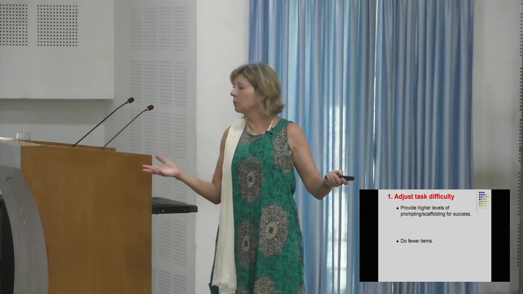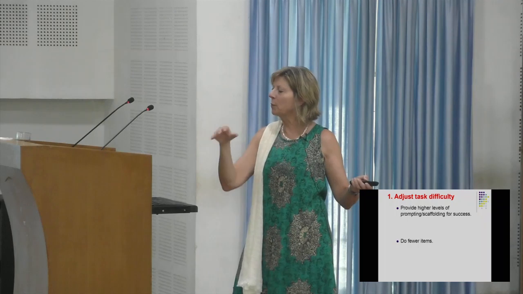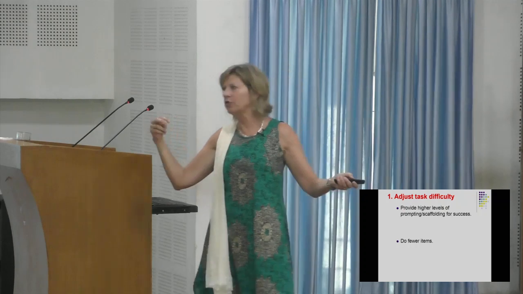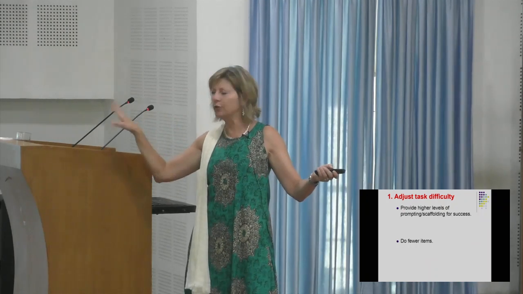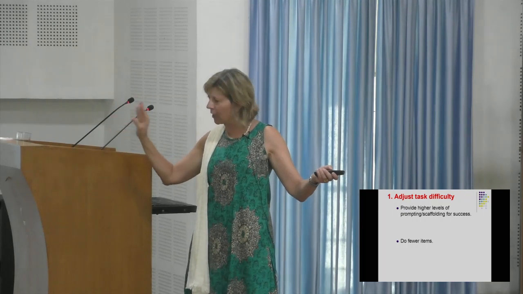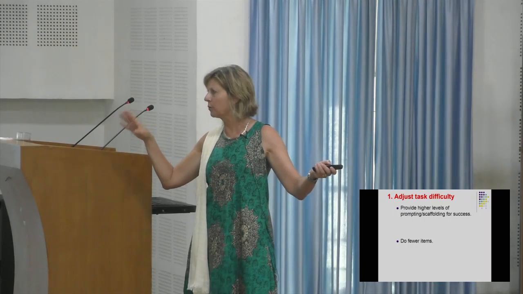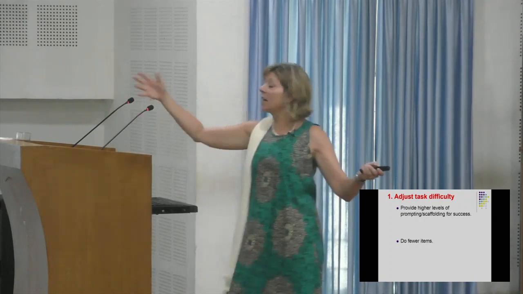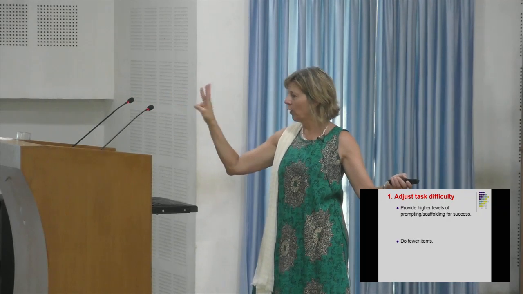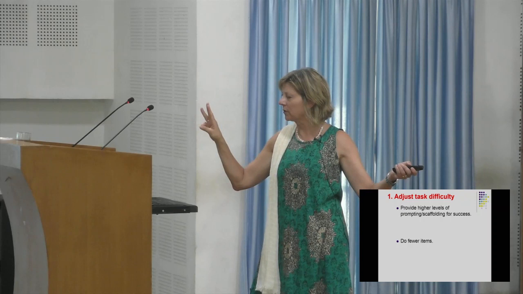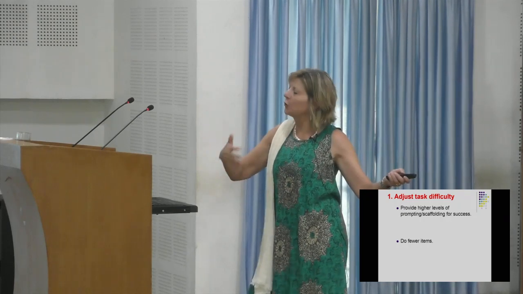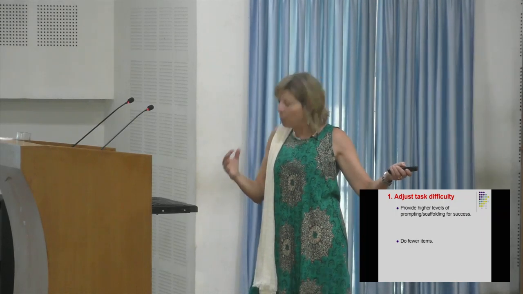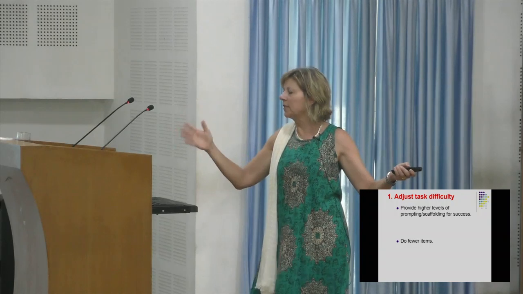Do fewer items. So it might be a really difficult task, and remember the easy, easy, hard. Maybe that hard, you start with just getting the child to get 2 done, and then you're done. So you never get to the part where the child has a tantrum or throws toys at you or whatever. It's easy, easy, hard, 2 times, you're done. Maybe the next time it's hard with three items that you ask the child to do, and then you're done. So you're gradually increasing the child's tolerance with the difficult tasks, and he's learning without having that interfering behavior.